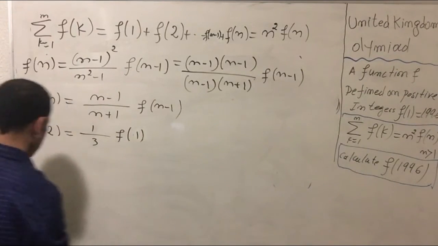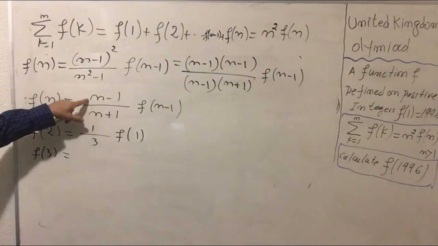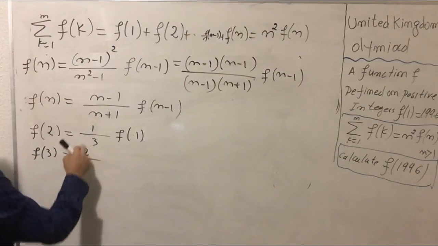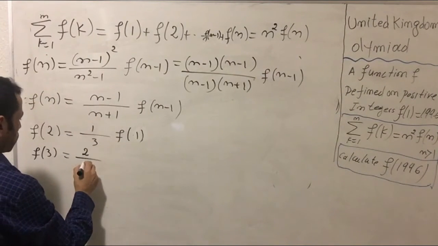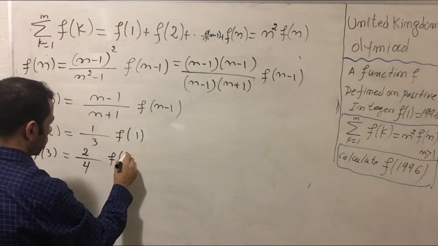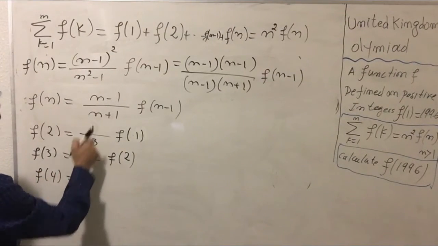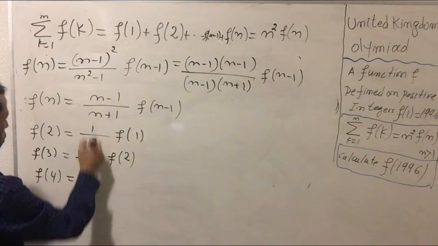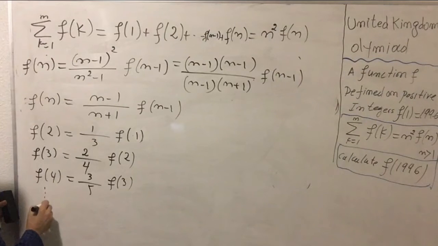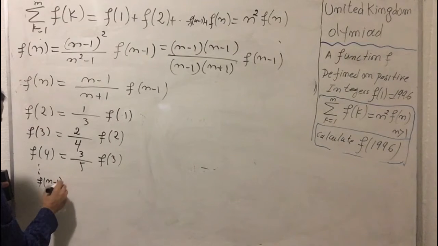Okay? If I'm going to the second term, which is f of 3, I'm going to plug number 3 here. I will have 3 minus 1 equal to 2, over 3 plus 1, which is 4, multiplied by f of 2. The third term, I will have f of 4, which is 4 minus 1, which is 3, over 4 plus 1, which is 5, multiplied by f of 3, all the way down to f of n minus 1